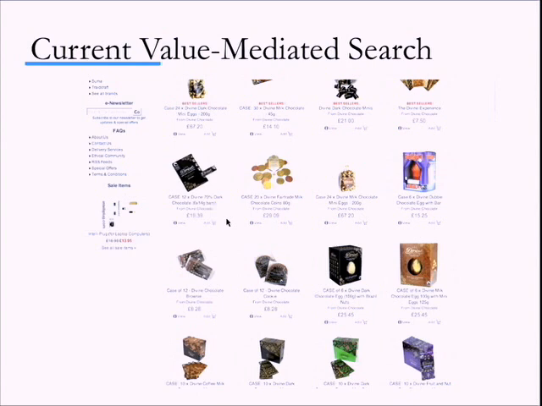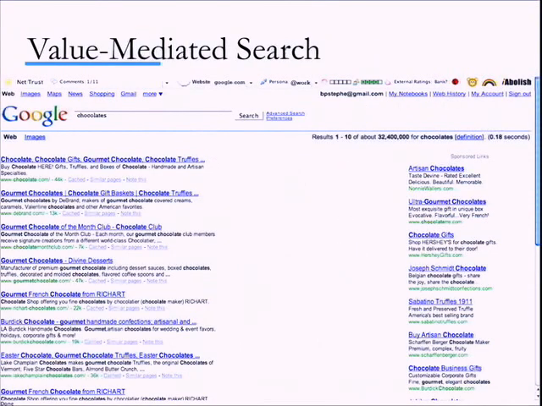Now, not everybody knows that iAbolish exists. So that may have taken them more clicks and more searches. They may have wasted 20 minutes of their time trying to figure out where I can order chocolates from for, say, Gene, who doesn't support slave labor. So this is current value-mediated searching. As you note, there are no extra comments for you.